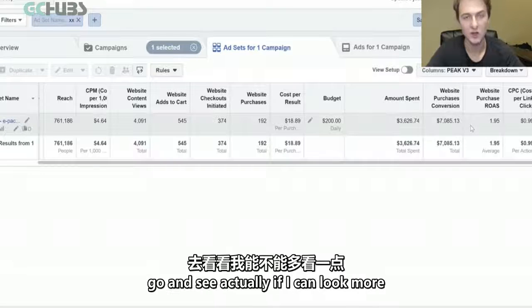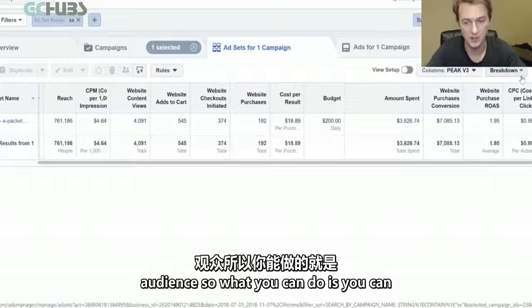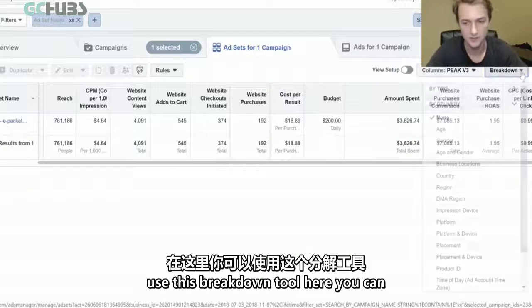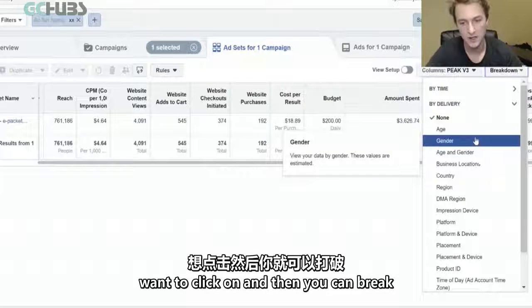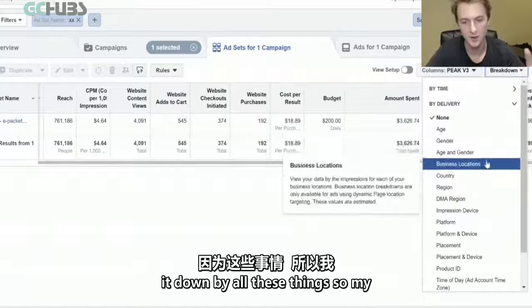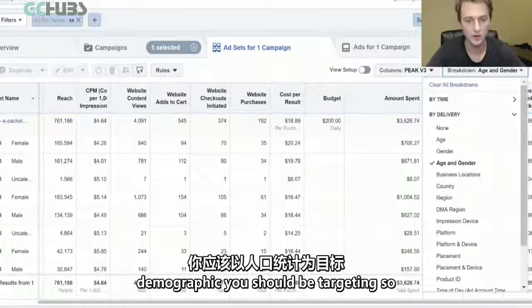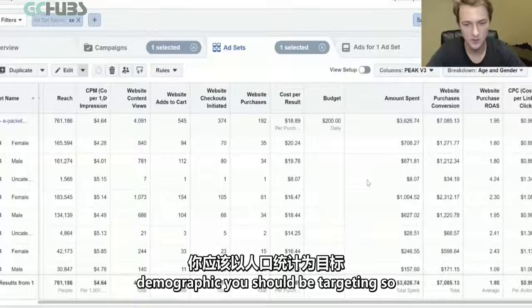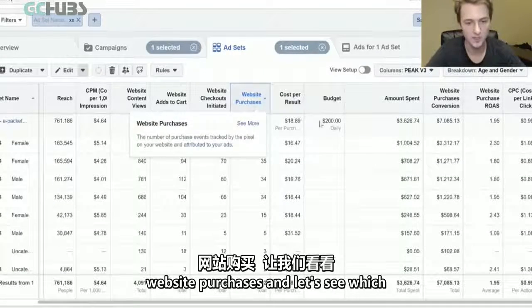But if I wanted to see if I can look more in depth to find audiences that are converting better within that large audience, what you can do is use this breakdown tool here. By delivery is what you want to click on, and then you can break it down by all these things. My favorite breakdown, number one, is age and gender, just to tell you what demographic you should be targeting. So breaking down this ad set, we can now sort it by website purchases,